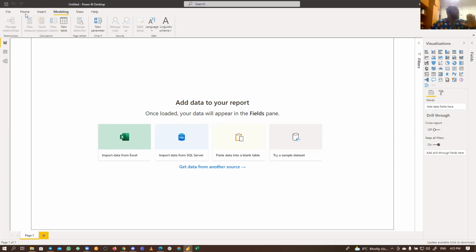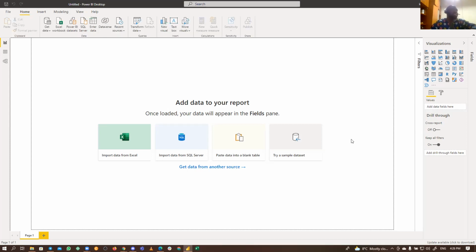Mine was updated as of yesterday. Some of us that had Power BI before might have downloaded it like two or three months ago. I wouldn't know. So what I'm saying in essence is that sometimes what we see on the screen might not match each other, but of course, all of these tools are there. You probably just have to know where they are now, and Google is our friend for that if we have any issue. I'll also talk about where we can always seek help as I go on.